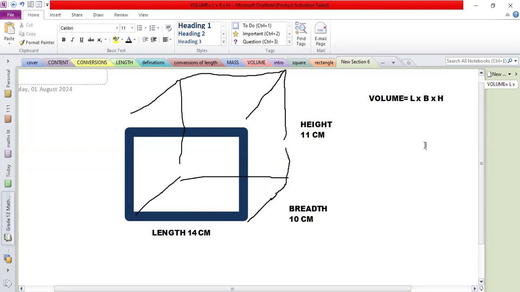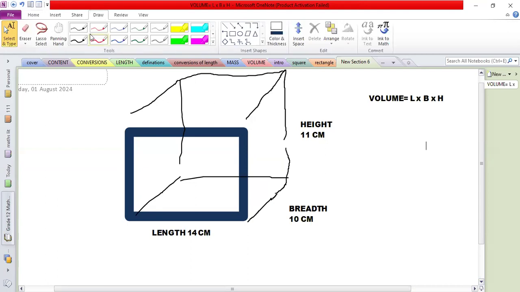I'm looking at the chat box and there are no answers yet. Please indicate to me if you have understood by writing down the answer for this question so that we can go to the volume of a cylinder and discuss the volume of a cylinder. Class, I'm looking at your answers. Calculate the volume of this rectangular prism using that formula.